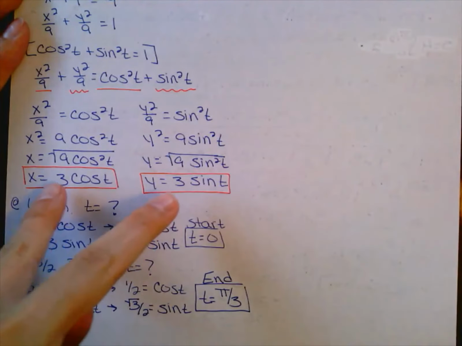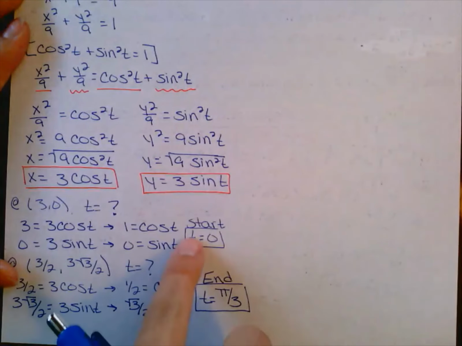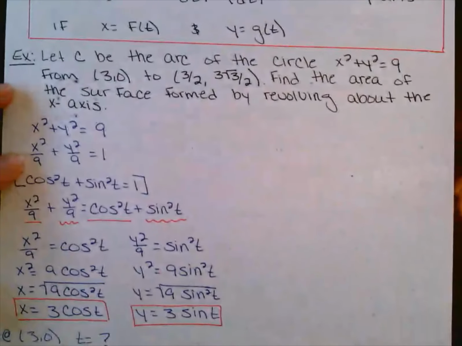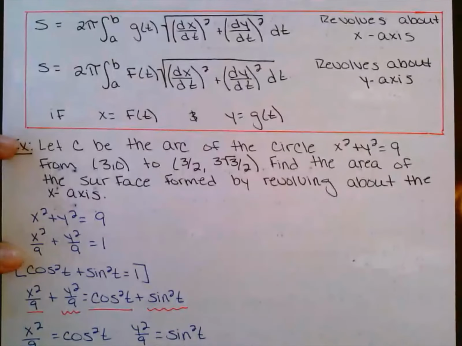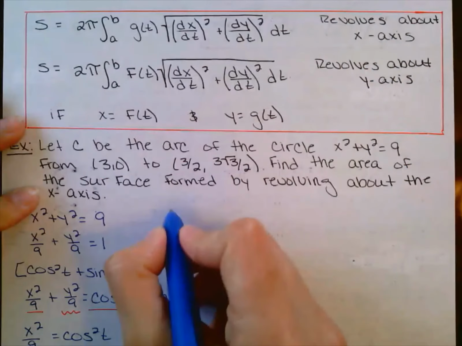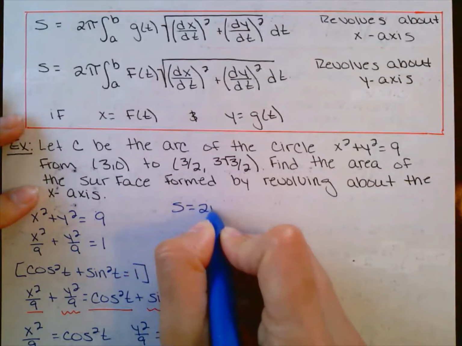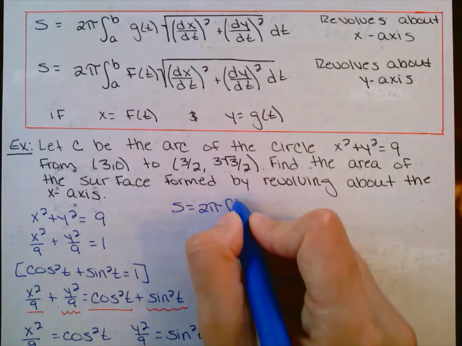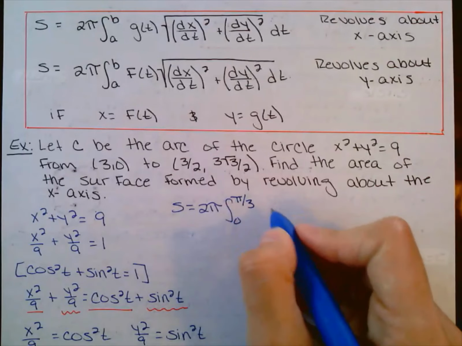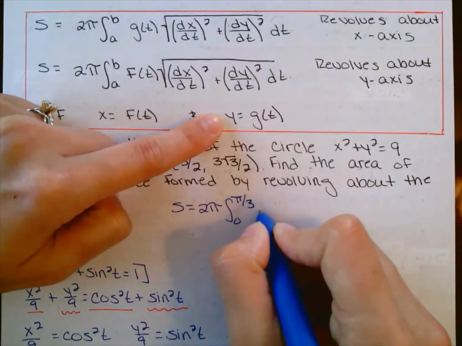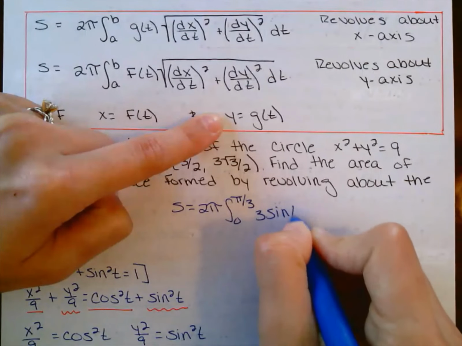Now that we have my x and my y function and my start to end, I'm going to be ready to set this up. Let's go back up to the top. And now this question said that I'm revolving around the x-axis. So that means I'm going to be saying 2 pi times the integral from a to b, which in this case we saw was 0 to pi over 3, of g of t, which is my y function, which is 3 sine of t,